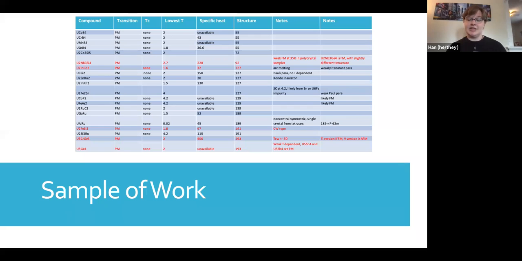And then the transition type, we have abbreviations here. So PM stands for paramagnetic. Basically this means there is no transition type. And what that means for superconducting is that it might not disrupt the superconducting arrangement of the electrons, and magnetic ordering tends to do this. So it's important that we know what compounds are magnetic ordering and what compounds are not, because the ones that aren't might be good superconducting candidates.